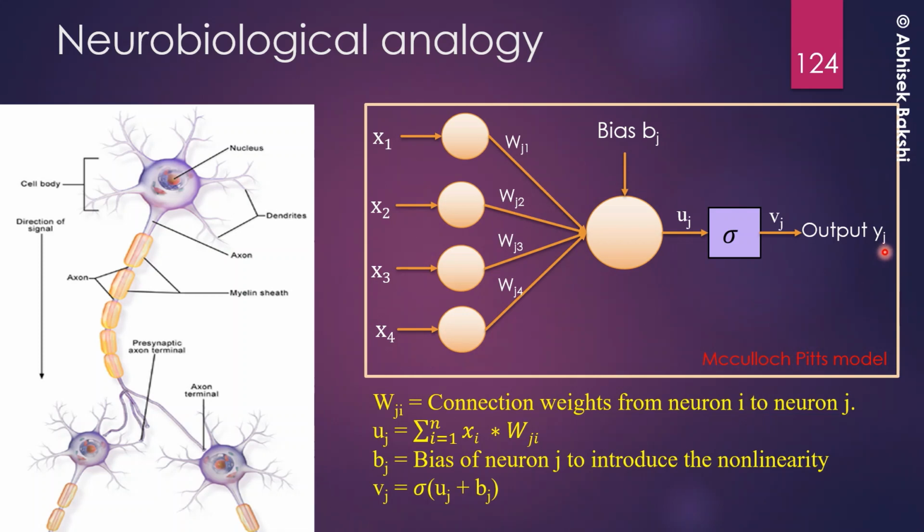So I'm just representing one output by j, and this jth output is connected with the first neuron. That's why I have represented this as wj1. Similarly, wj2, wj3, wj4. So that means I can say wji,